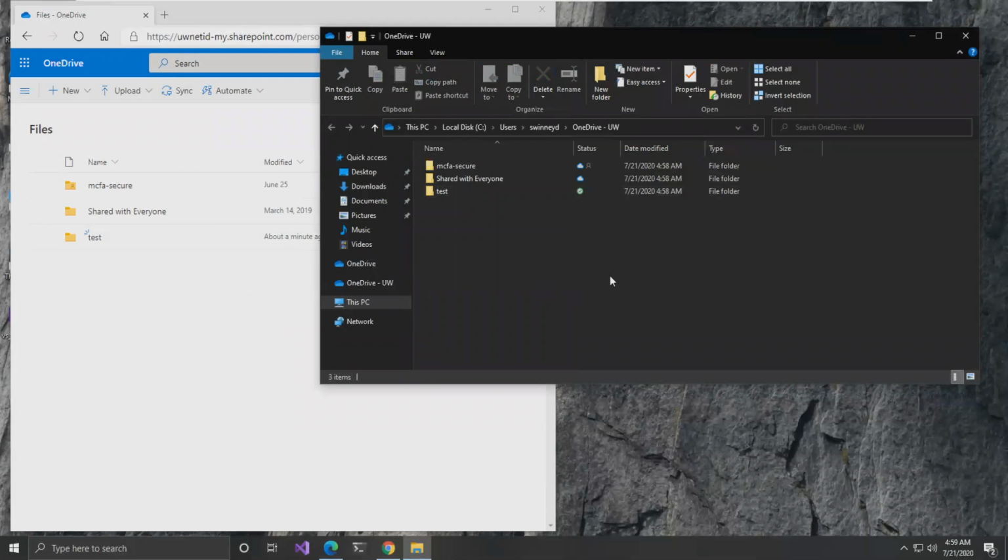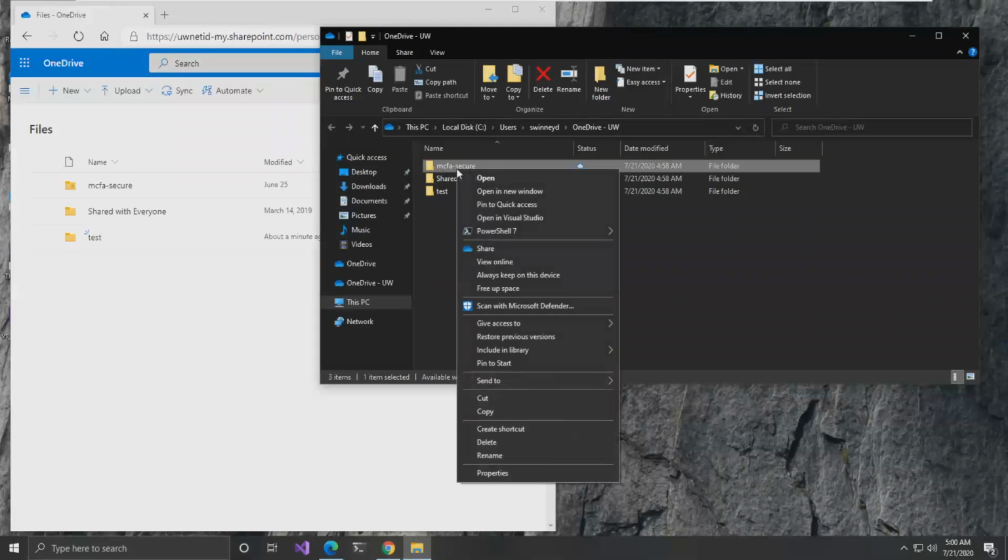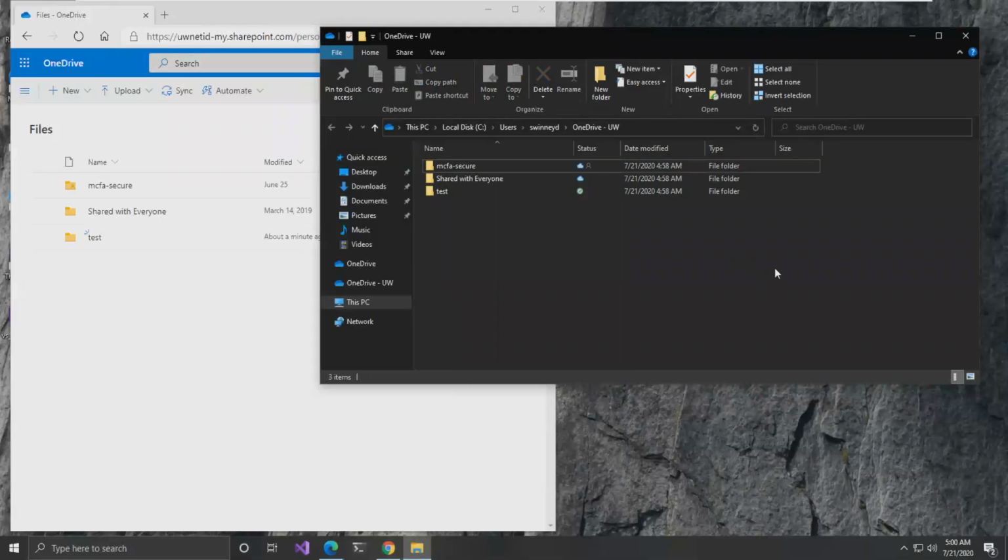You would save stuff into these folders. If you look and you see the cloud here, it means that I haven't actually clicked to access any of these. So while I can see them, and I'm not going to click on this because this is not my data, there would be files in there and each file would have a cloud next to it. When you click on them, or I think you can click, does it say here? Gives you the share option. Okay, I think you have to actually click on it in order to get it to sync with the